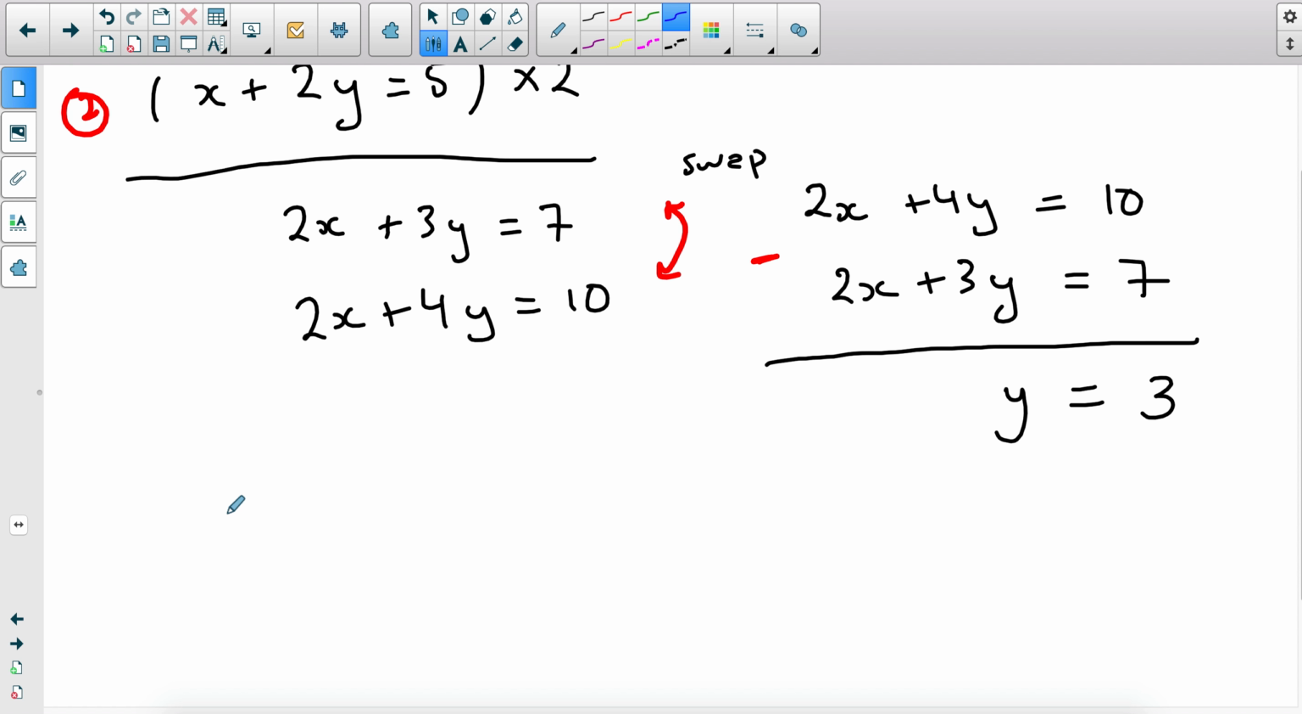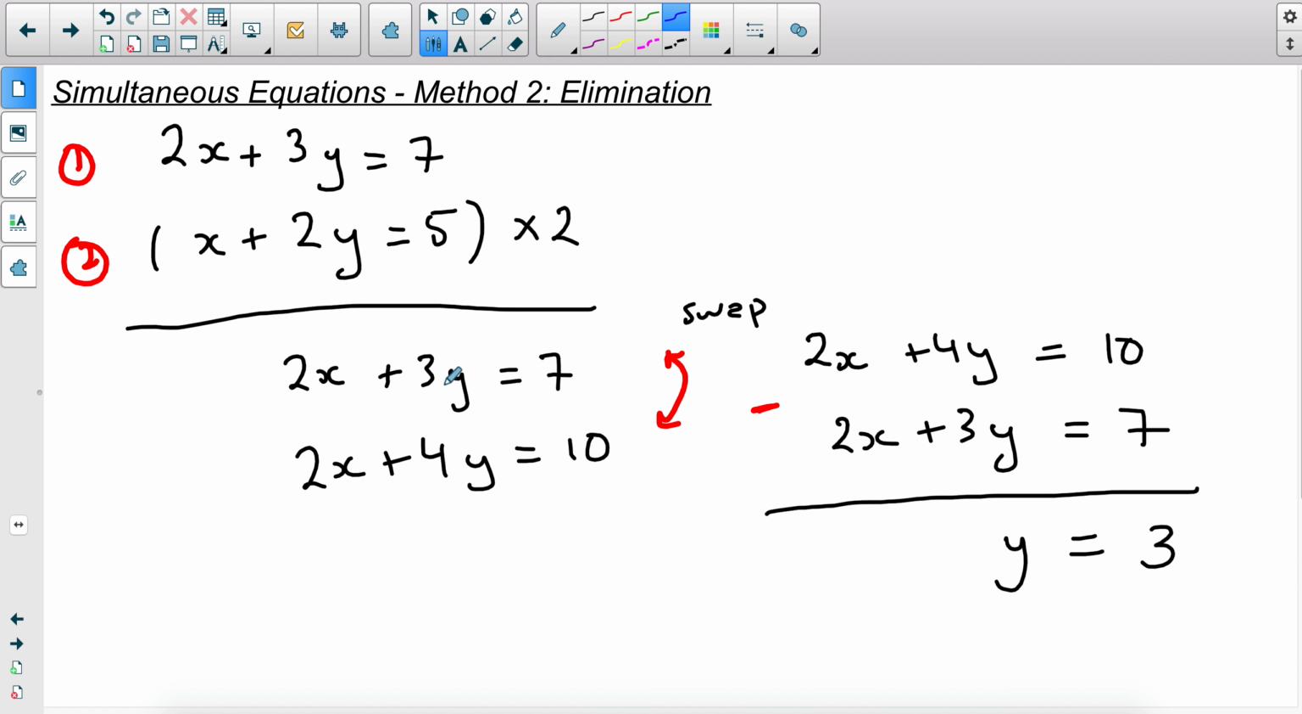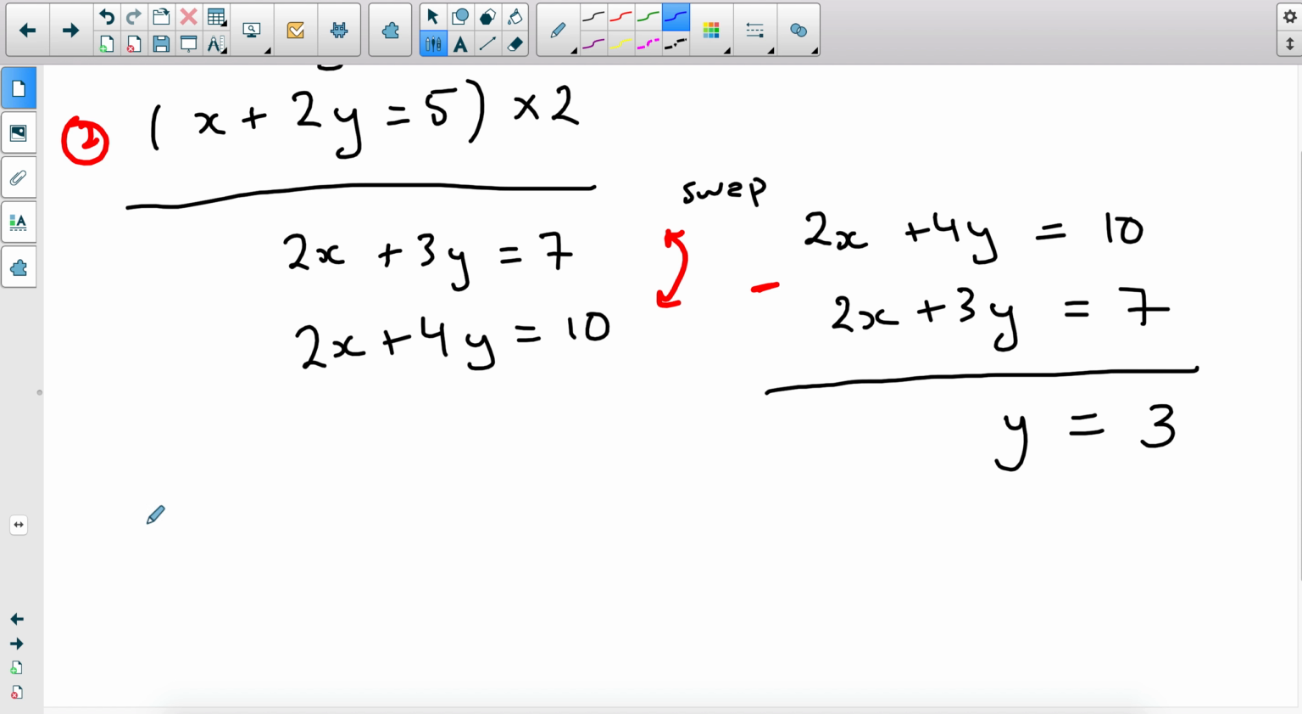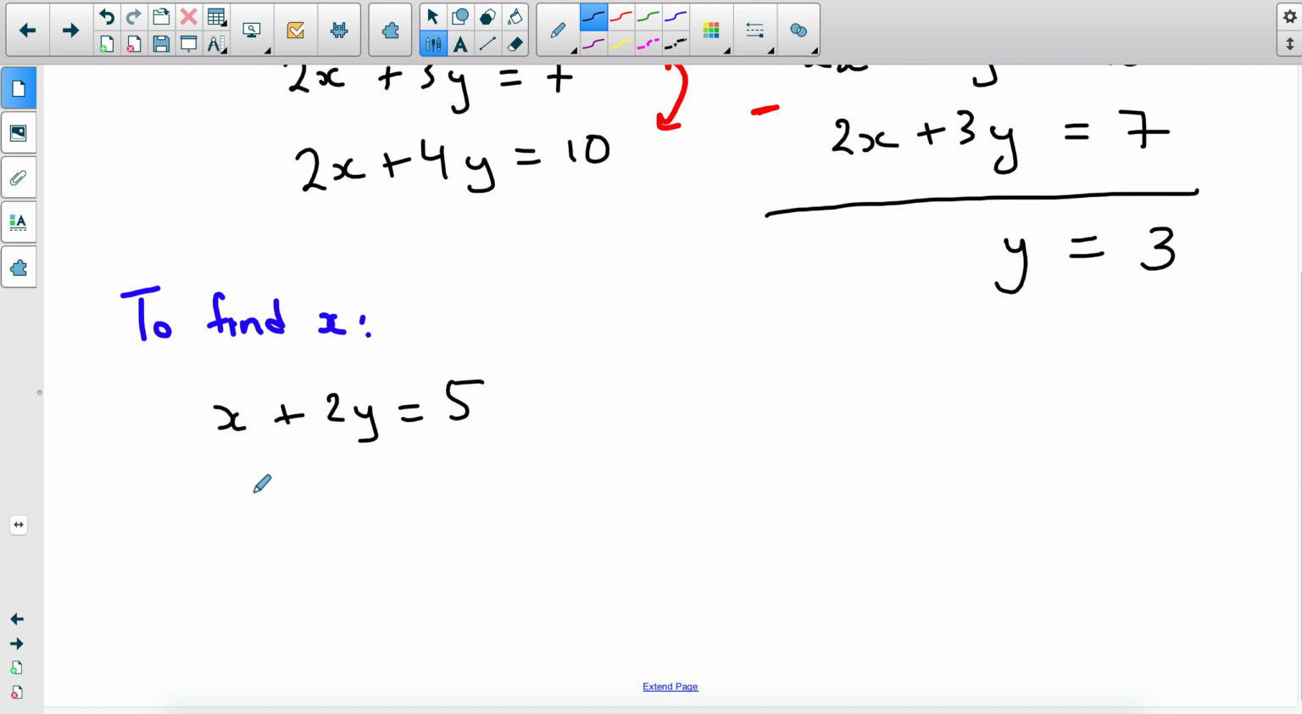So next, because I have my y value, I can substitute this y value into any of the equations. I can substitute it into this one that we multiplied by 2, or the first original equation, or the second original equation. I'm going to go for the second one because it's easier. So we're going to find x, and I have x plus 2y equals 5. Well, I know y is equal to 3, so x plus 2 times 3 equals 5, x plus 6 equals 5, and you can solve it and notice that x